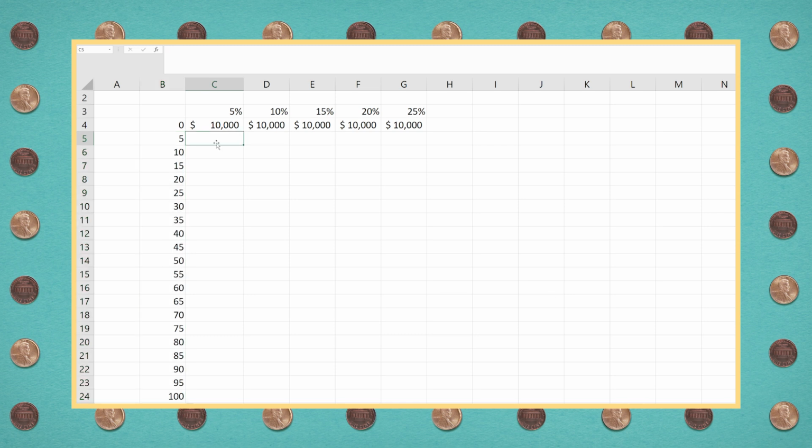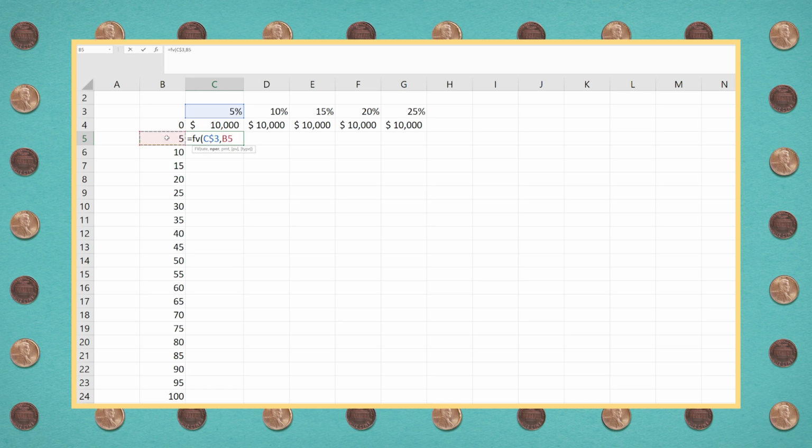We're going to use the same time value of money formulas that we've used before. Equals future value. We'll take our rate of 5%. We will fix the row of 3 with a dollar sign so that when we drag down in a moment, that doesn't move.